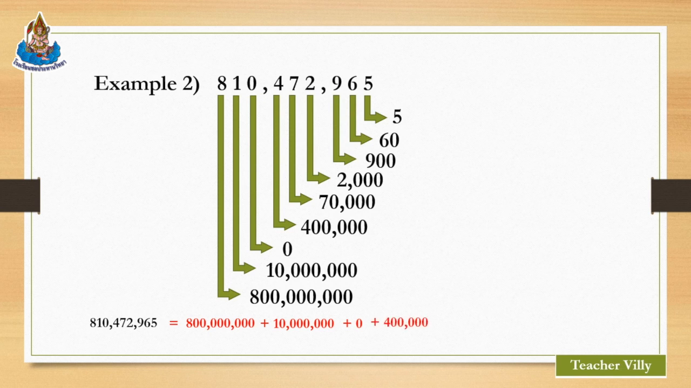plus 400,000 plus 70,000 plus 2,000 plus 900 plus 60 plus 5. I repeat, the number